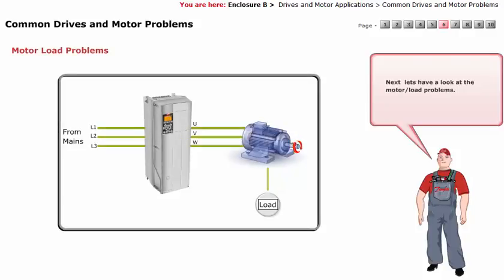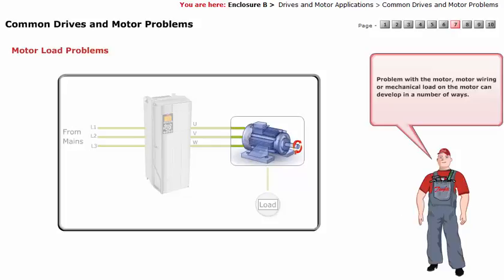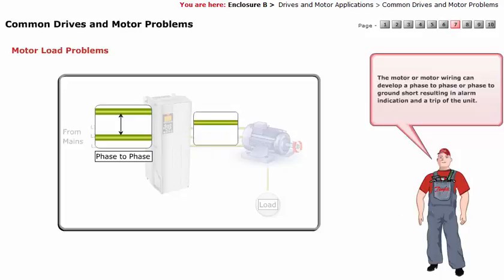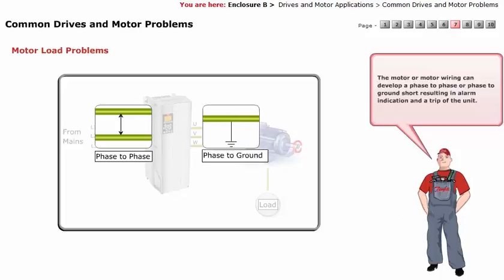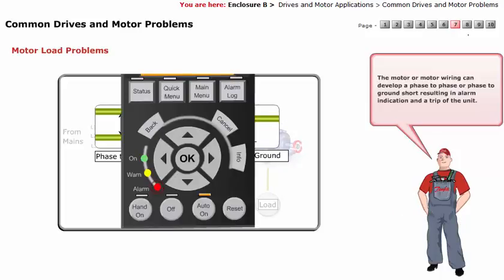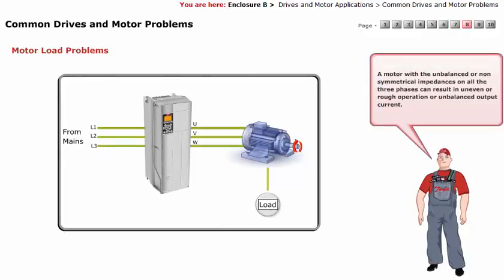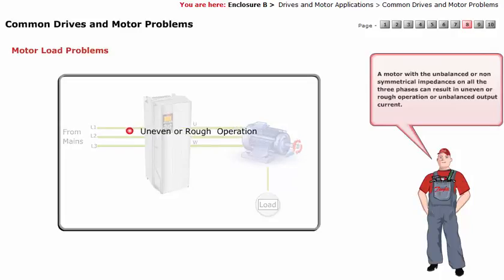Next, let's have a look at the motor load problems. Problems with the motor wiring, or mechanical load on the motor, can develop in a number of ways. The motor, or motor wiring, can develop a phase-to-phase or phase-to-ground short, resulting in an alarm indication and a trip of the unit. A motor with unbalanced, or non-symmetrical, impedances on all the 3 phases can result in uneven, or rough operation,